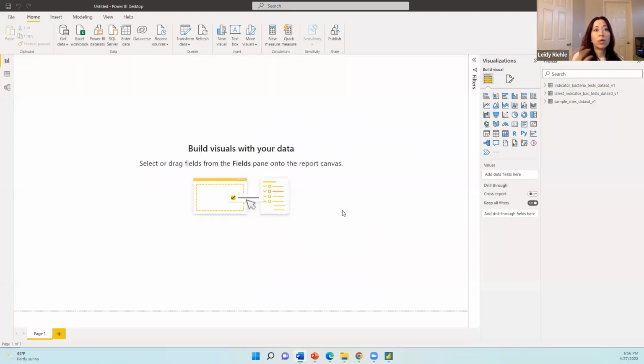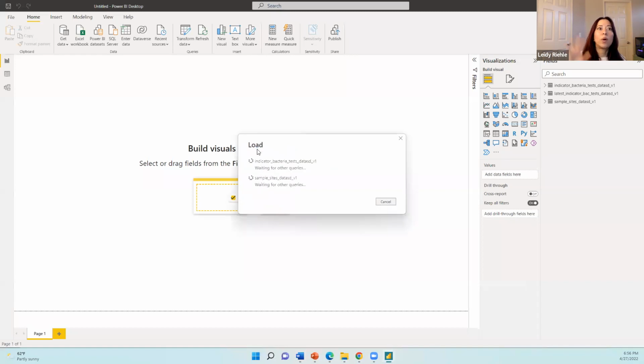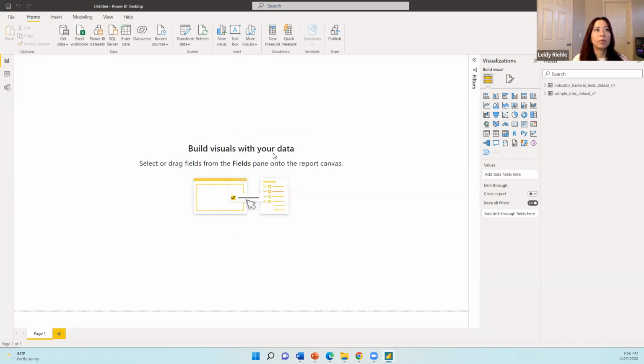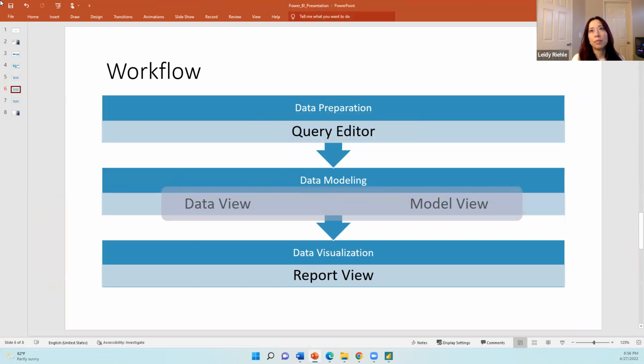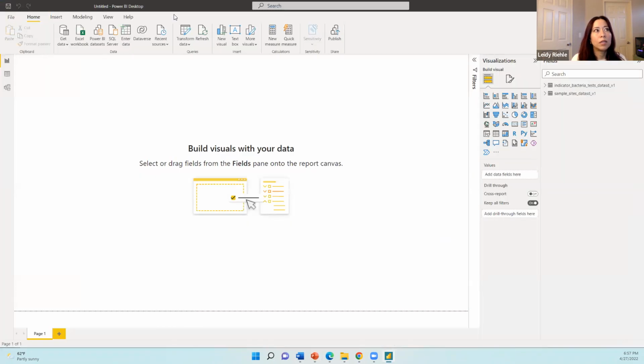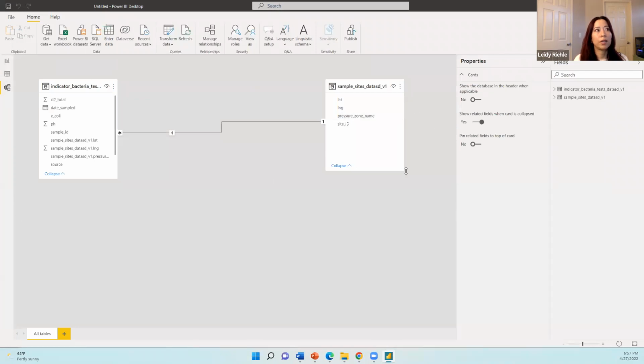So we're going to load all our changes that we did on this data, and we close the query editor. So we're done with the query editor. We're done with our data preparation. So now let's do some data modeling. So here we have 3 different views. We have the report, the data, and the model. So if you click on model, it will give you this view here. And you can check